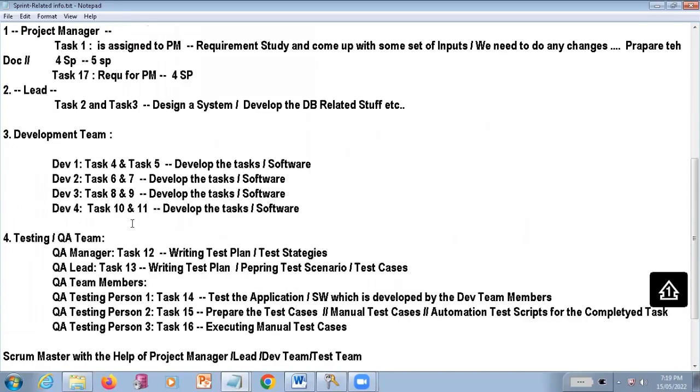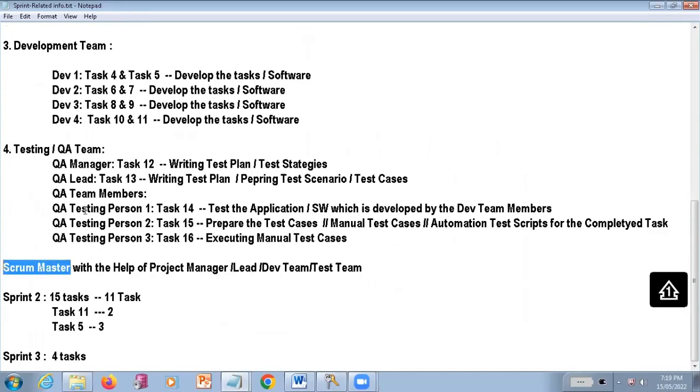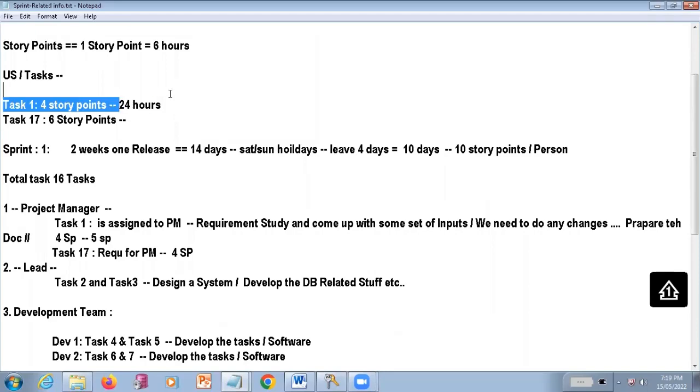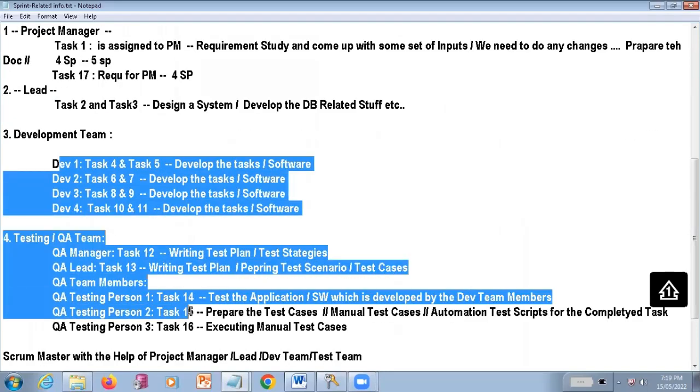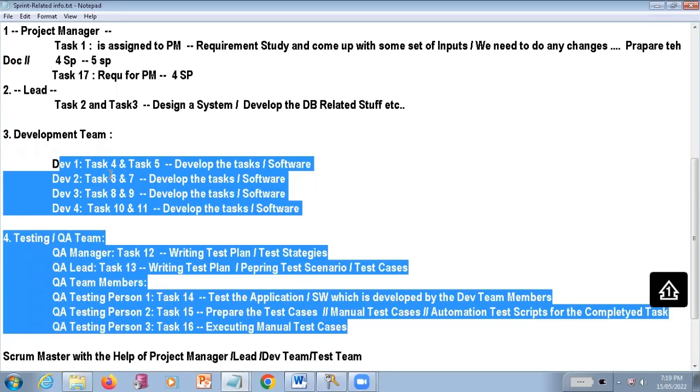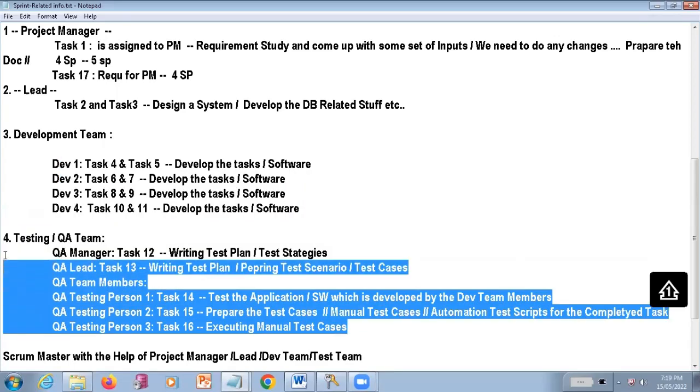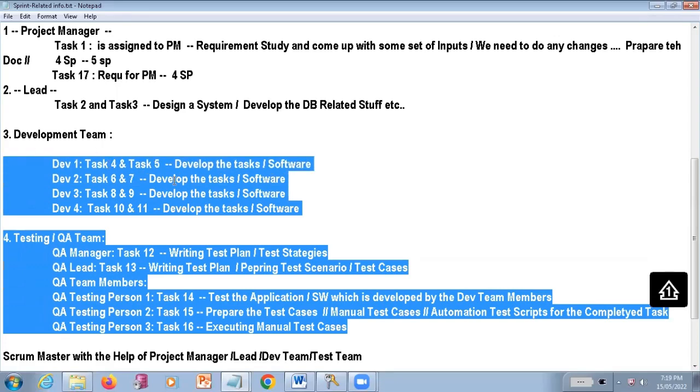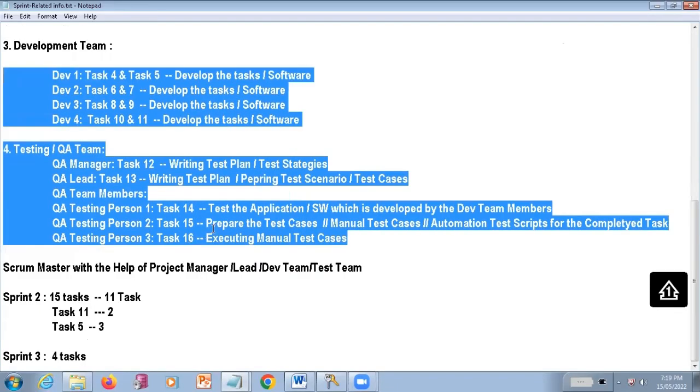Based on that task only, the Scrum Master is going to track, within that particular given time span, whether these developers, test engineers and QA engineers are completing their work or not. If they are not completing, why did they not complete it? The Scrum Master has the right to question you and get the proper information. Every day morning in the Scrum meeting, you want to provide the information to the Scrum Master. What is the problem? Are you on track or not? Are you facing any issues? All these kinds of things he is going to track, and he is going to update